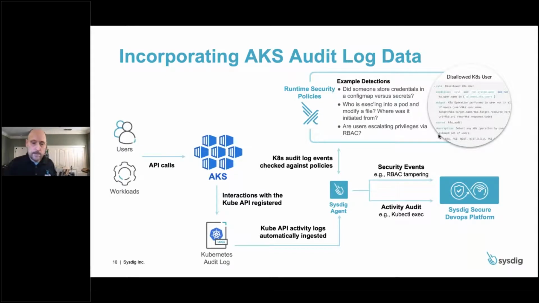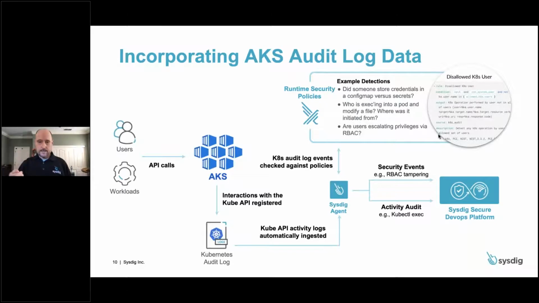That gets into the Kubernetes audit log, right? So what we've done, in addition to what I just talked about, syscalls, is tap into Kube API activity logs. So remember, context, this actually adds more information, more context. Those things are ingested by our agent, and the agent runs on that Azure node, one per node. And then from that, we can filter, once again, those Kubernetes audit log events, check them against our rules,